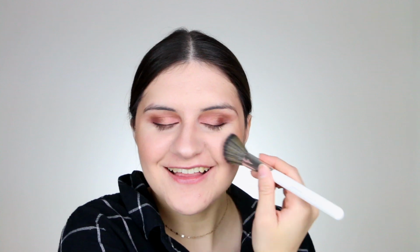Okay, next is blush, and I'm really excited about blush because I'm going to be using my Pixie one. This is in the shade Beach Rose. It is like the most gorgeous blush on the planet, you guys. So I'm just going to be using my blush brush right here. I like to tap it in because I feel like you get the most pigment, and I kind of go almost right above my bronzer and into the temples as well,